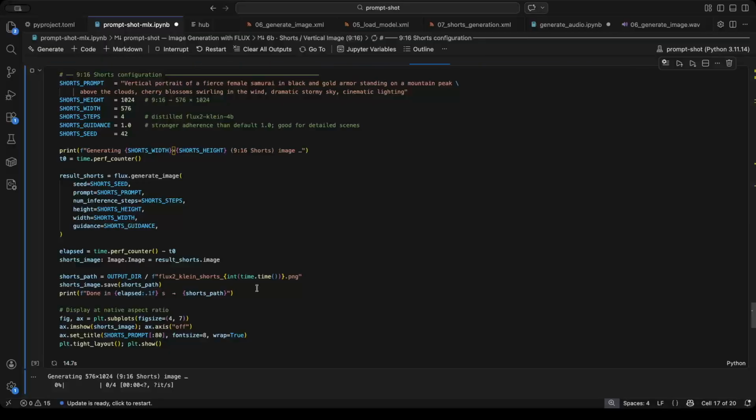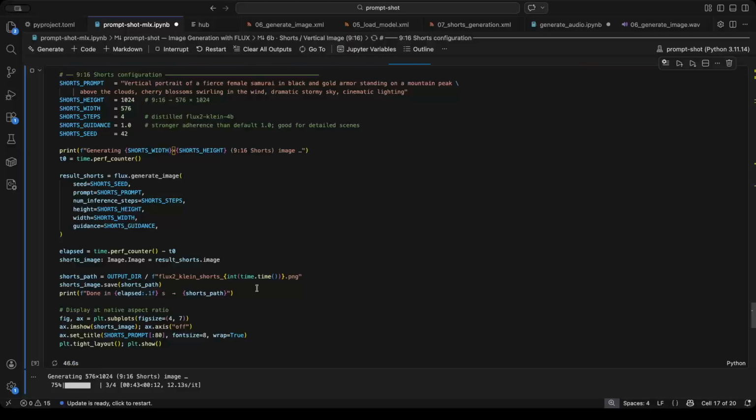We run two cells, guidance 1.0 and then 3.5, on the same seed and the same prompt, to demonstrate the trade-off in portrait orientation. At 9:16, the model has to make harder compositional decisions. It needs to fill a tall, narrow frame rather than a balanced square. Higher guidance particularly helps here, because it forces the model to respect the vertical composition cues written into the prompt. Words like stacked top to bottom or vertical format have a much stronger effect at guidance 3.5 than at the